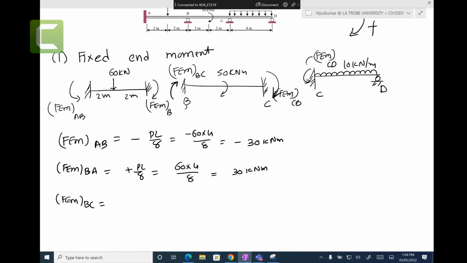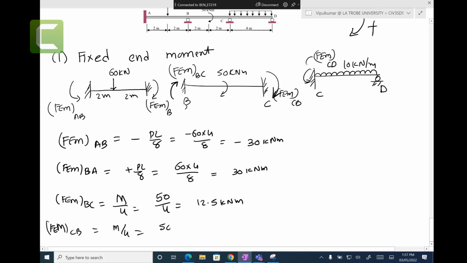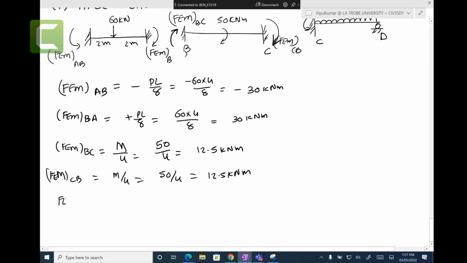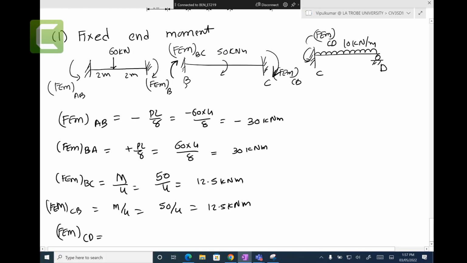All right, so you found these cases where you have these 50 kilonewton meter moments and so on. In that case, you have M/4, and that M/4 is clockwise, so we take it as positive, 50 on 4. You get 12.5 kilonewton meters positive. Fixed end moment of CB is M/4, 50 on 4, 12.5 kilonewton meters, and the fixed end moment of CD is equal to, this case is given in our